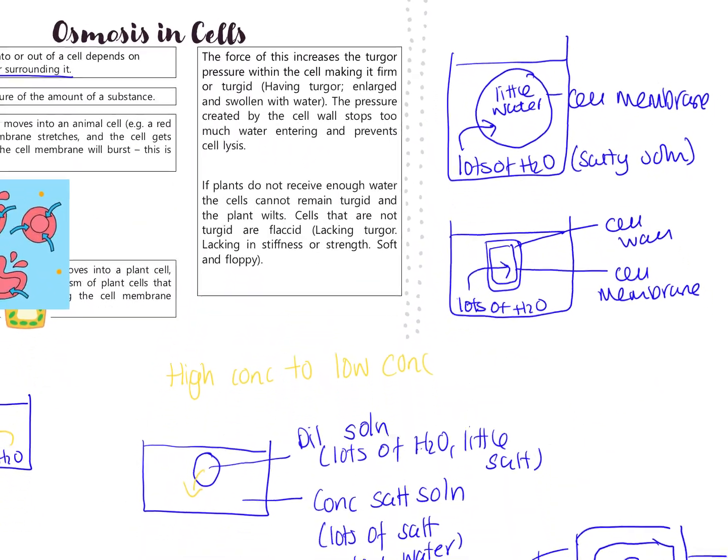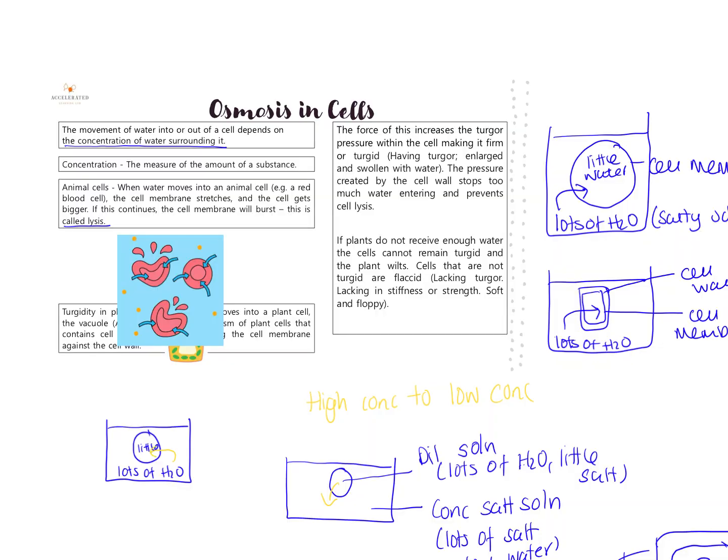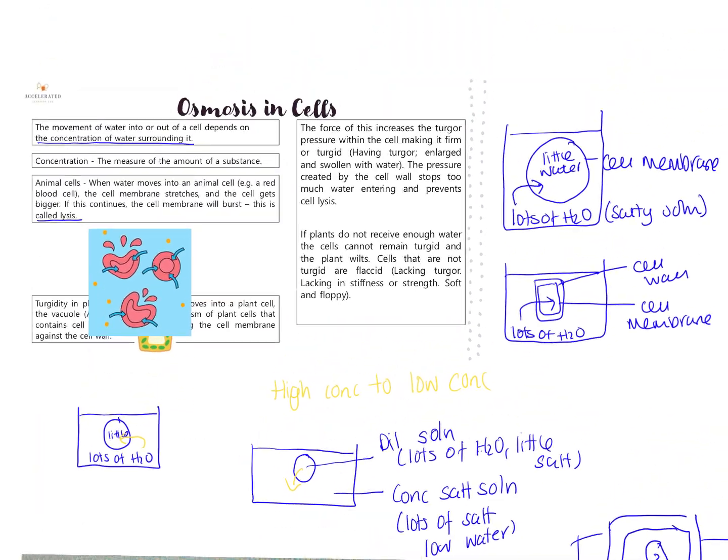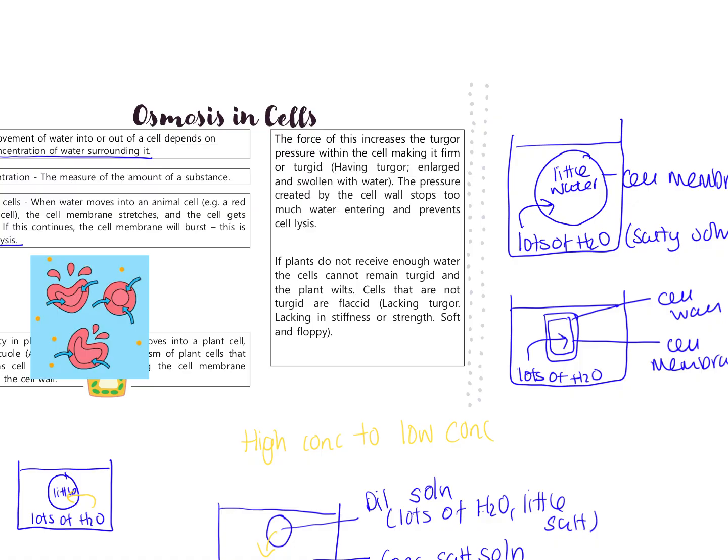Okay, so the force of this here, right? So see this here pushing out. That's known as our turgidity, okay? So when something is really turgid, it means it's swollen. And this sounds gross, but you know when you get a burn and you get a blister and you can kind of push it? That sounds disgusting, but that's what turgor is. Your skin has been turgid. So the force of this will increase the turgor pressure within the cell and it makes it quite firm or swollen,